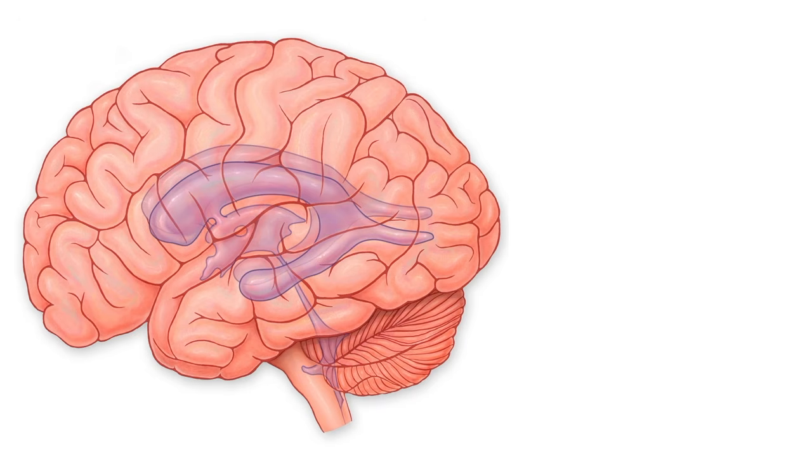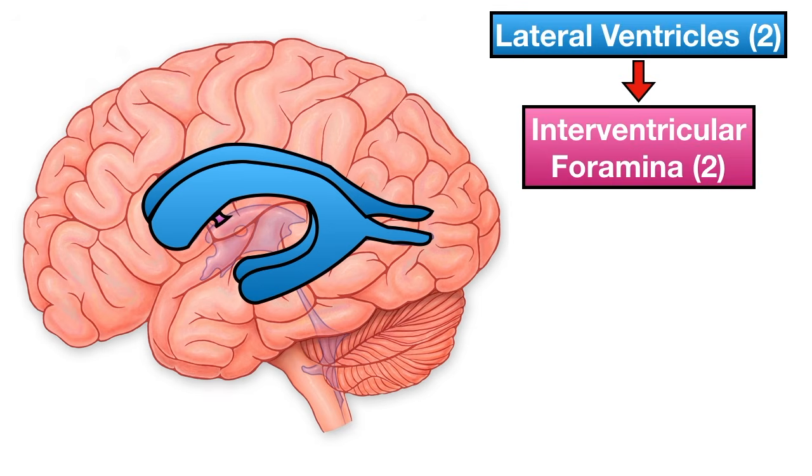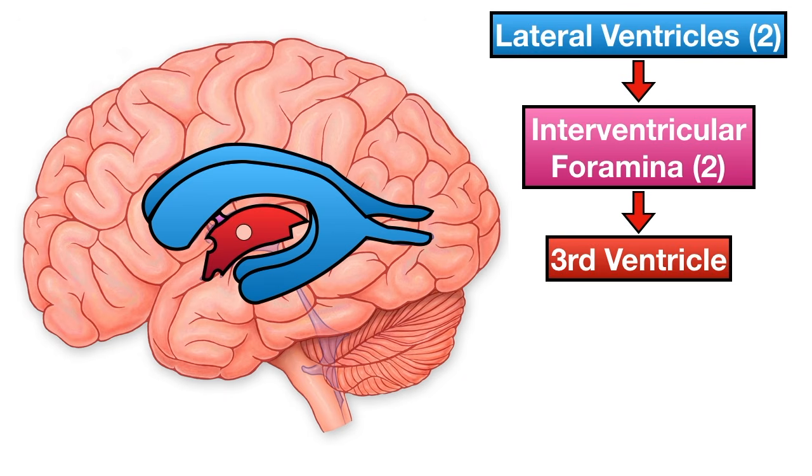We're looking at a lateral side view with the ventricles shown deep within the brain. We first have 2 lateral ventricles, which are a pair of C-shaped cavities, one located in each cerebral hemisphere. So the left lateral ventricle is located in the left cerebral hemisphere, and the right lateral ventricle is located in the right cerebral hemisphere. These ventricles are the largest in the system, and each lateral ventricle has a hole on the bottom of it known as a foramen. Together they're known as interventricular foramina, and they create a passageway that connects the 2 lateral ventricles to the 3rd